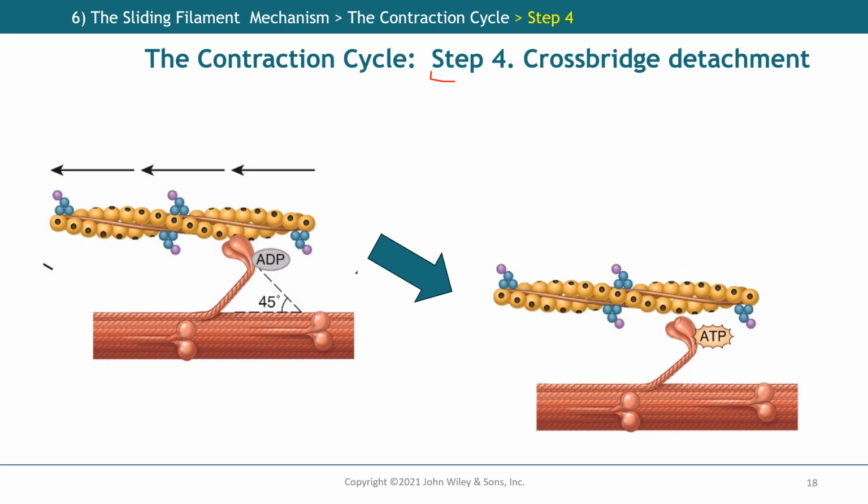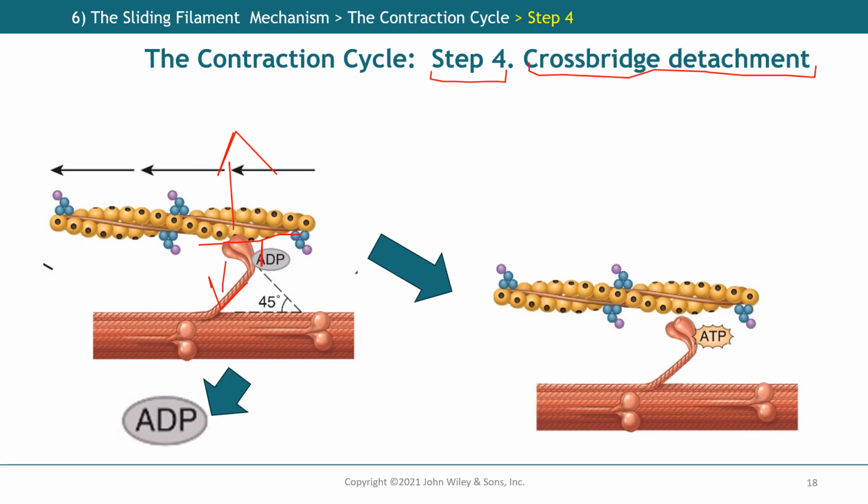The last step, step number 4, is called cross-bridge detachment. In other words, the actin and myosin are going to separate, and the first thing that happens is that the ADP molecule, as we talked before, no longer has a high affinity here, so it's removed from there and there is now a space. So a new molecule of ATP will be there and is going to attach to the myosin. Now that you have a molecule attached there, the process is already reset and the ATP can be hydrolyzed again